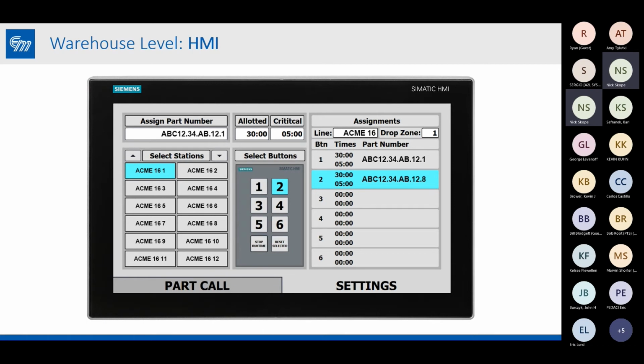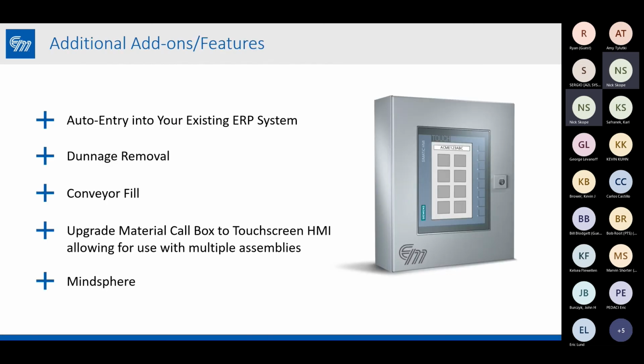You can add or delete part numbers based on that cell's production schedule, that day, month, year. So it's all very highly configurable. In addition, you don't have to get into the PLC code, so it's very user-friendly. From there, thinking about this as a journey, we started looking at, okay, what other things could we help them